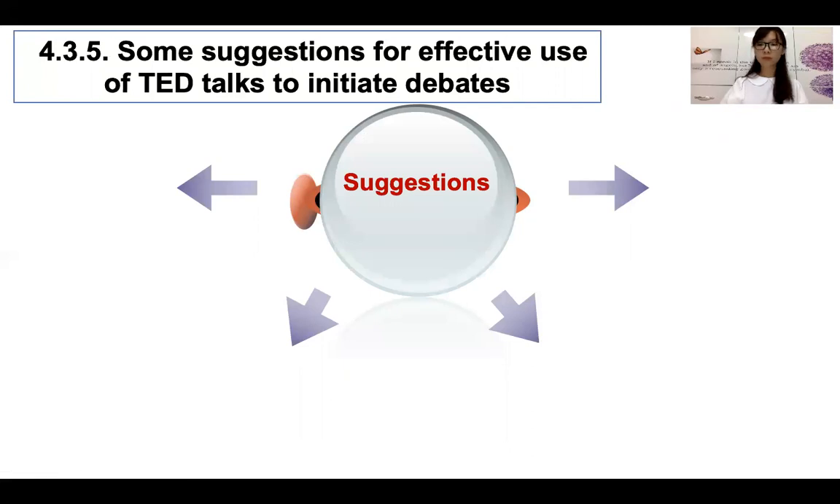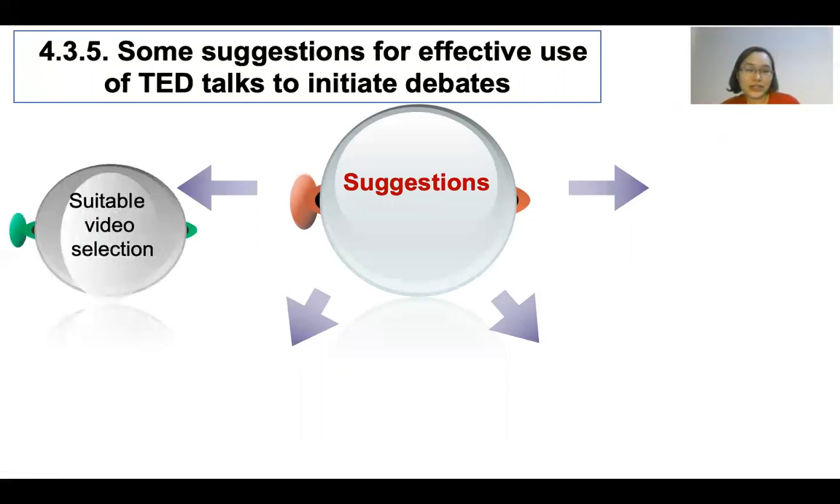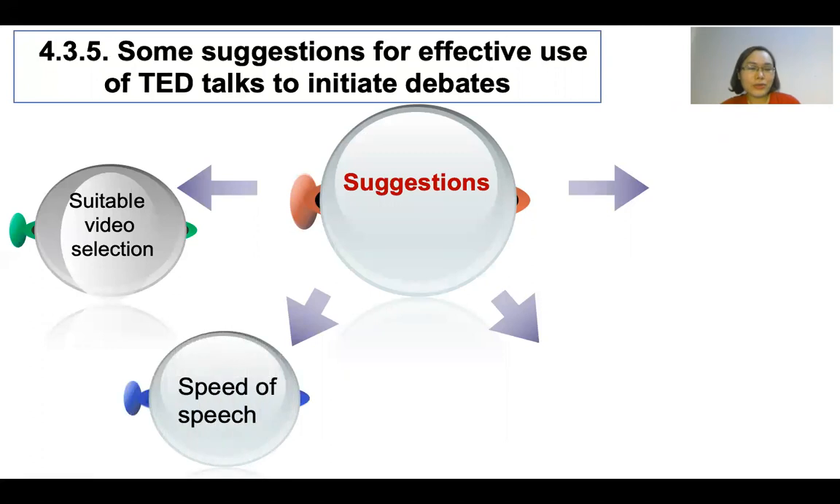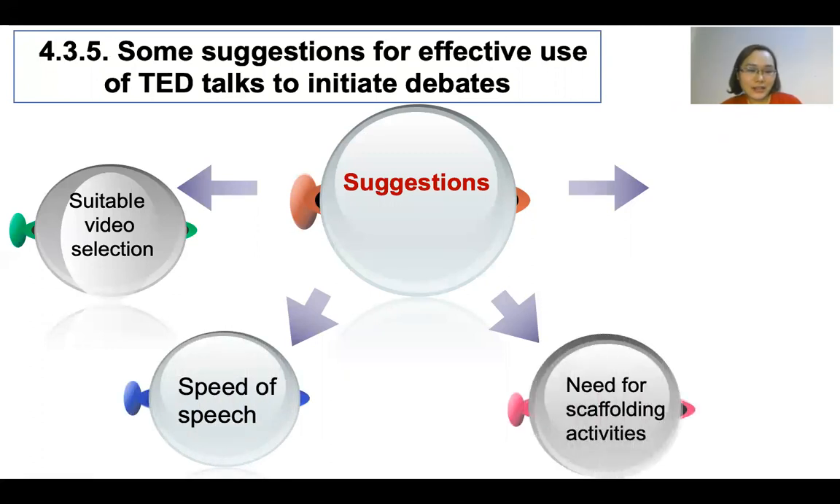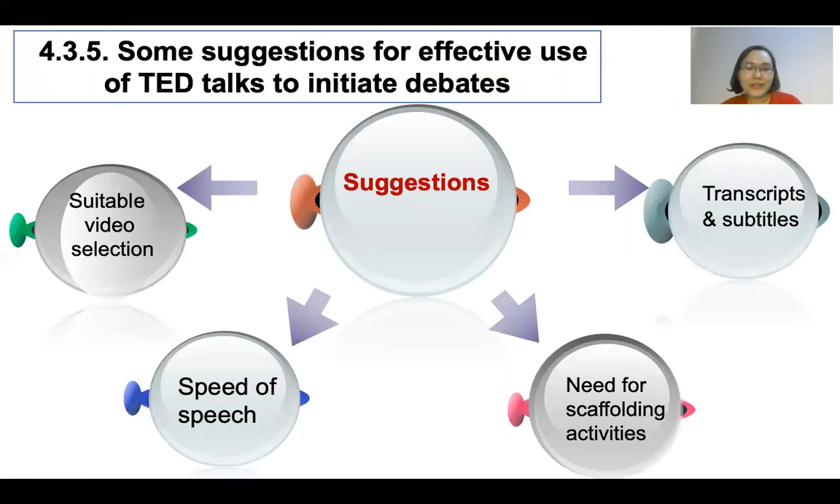As you can see, we have four suggestions. First, suitable video selection. Second, speed of speech. Third, need for scaffolding activities. And last, transcripts and subtitles. Now let's start with the first one, suitable video selection. Students should select suitable authentic material that enables them to change pronunciation, enrich vocabulary, and